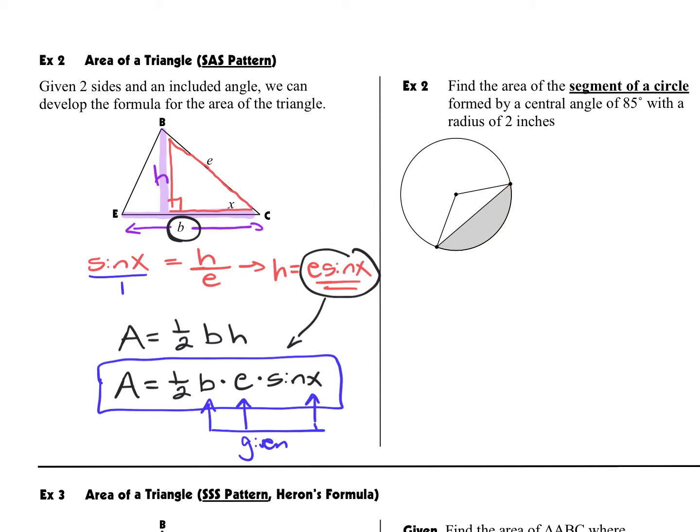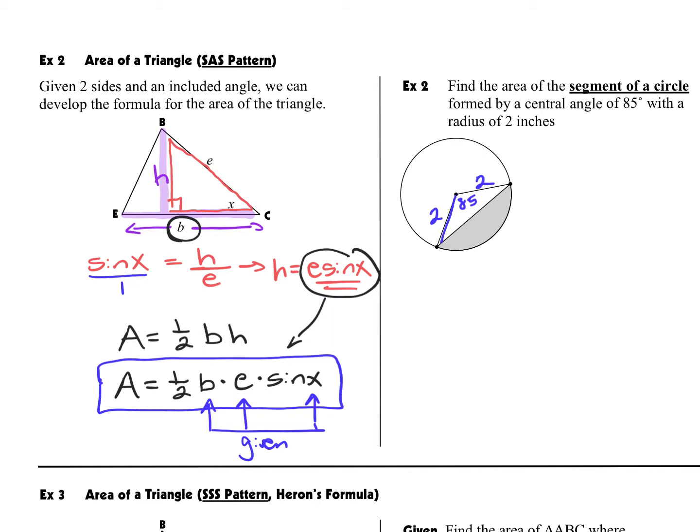Now, on this problem, it's telling us that our angle is 85 degrees. Our central angle here is 85. And it's going to tell us that the radius of our circle is 2. And, of course, all the radii are the same. Now, the first thing that we can easily do without using our new formula is we can calculate the area